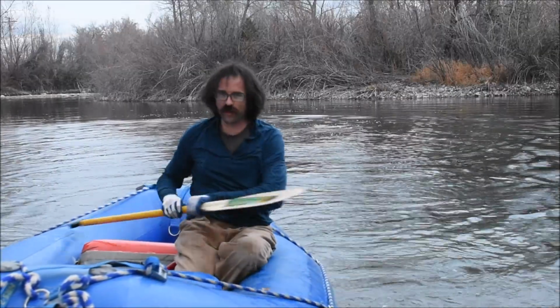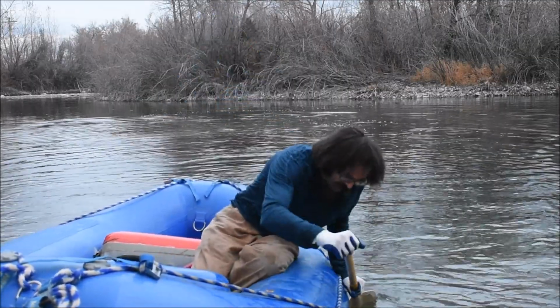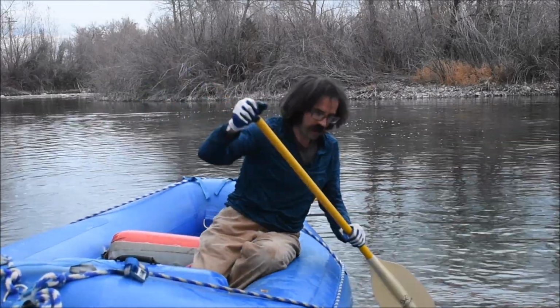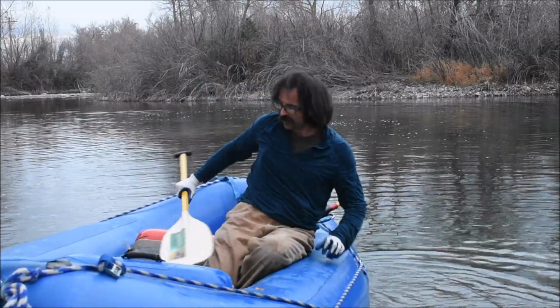Alright, hell yeah. Now that stroke was like getting right here and then just putting my body weight down. That was fascinating. I'm trying to get the leverage by not leaning back, but getting my body weight here and then pushing my chest into my paddle stroke. So